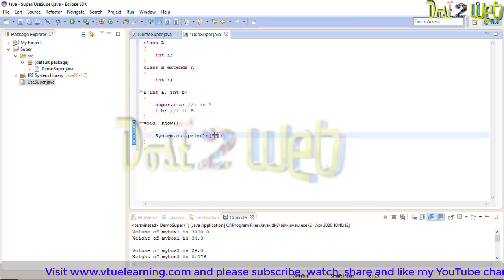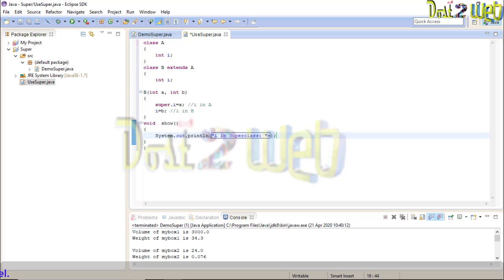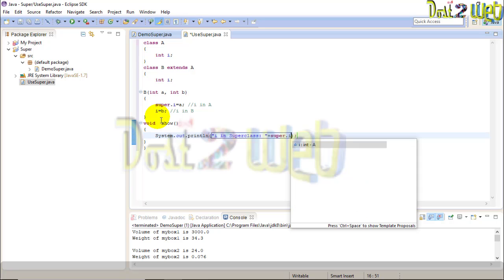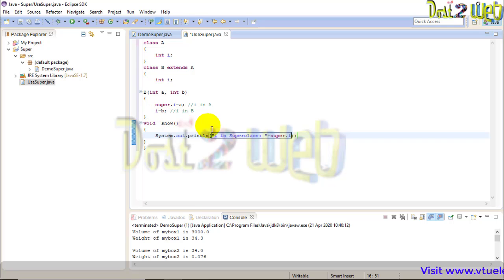So what we are going to print? We'll print i in super class. So you have to write super.i. When you write super dot, it will automatically give you the option, i value as integer in class A. If I enter, it will come.